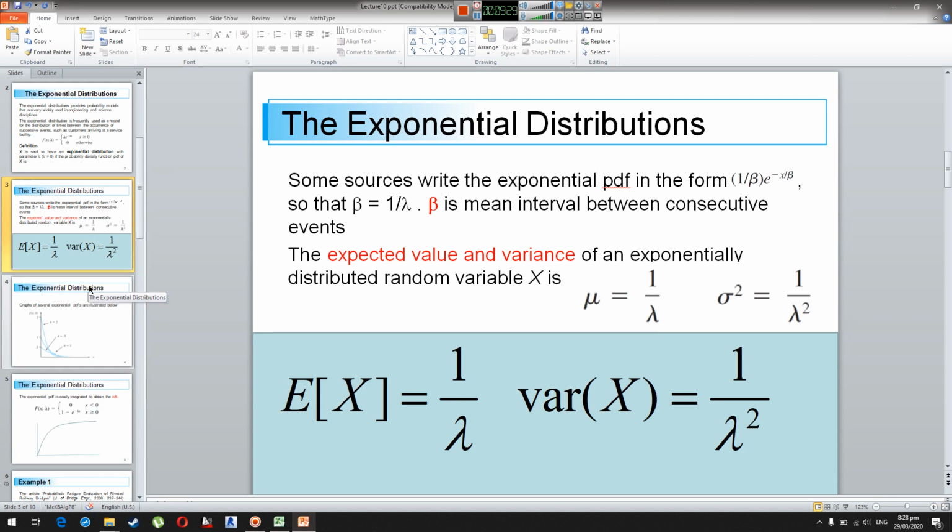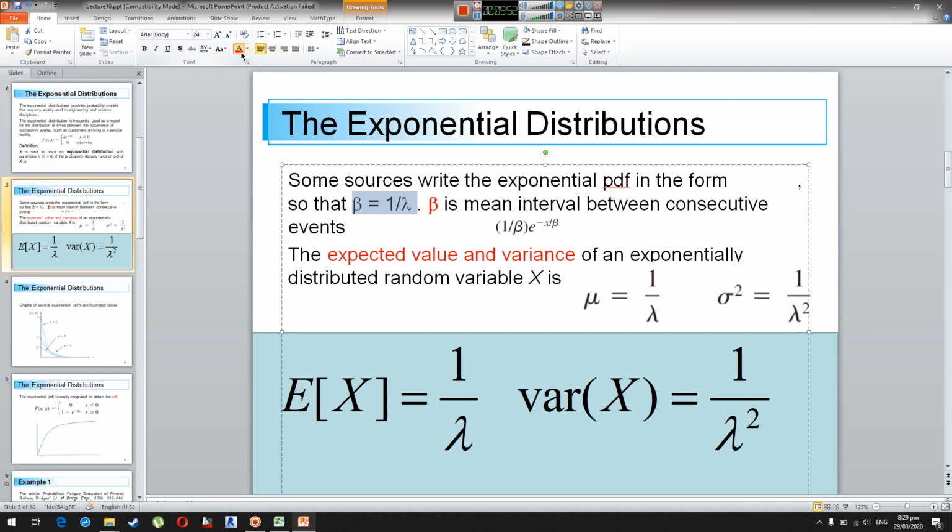Okay, how about the expected value and variance of exponential distribution? Before discussing that, I will also mention here that we can also write exponential distribution as f(x) is equal to 1 divided by beta e to the power minus x divided by beta. That beta is the inverse of lambda. As you know, lambda is the rate of occurrence of an event, so that is a rate. The inverse of the rate will be time. So beta is the mean time interval